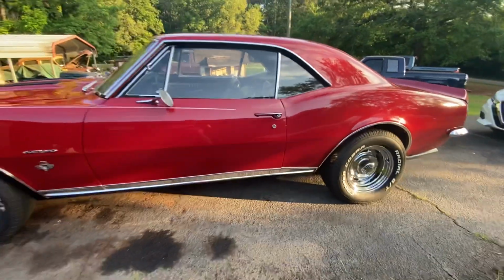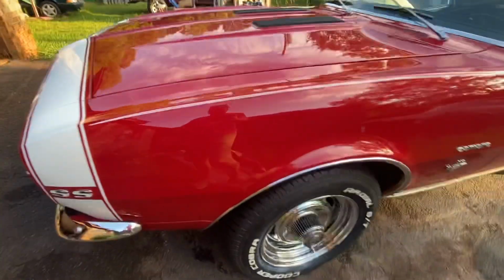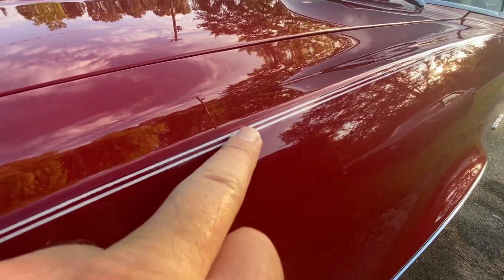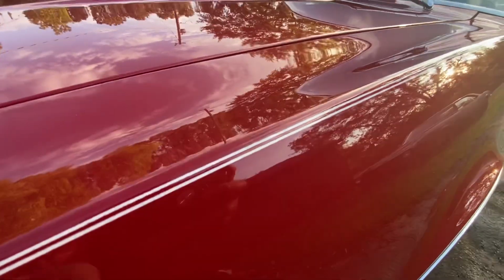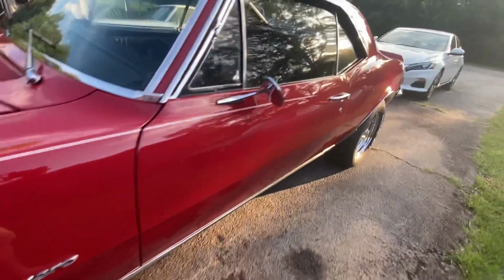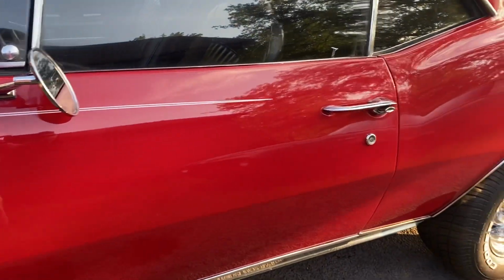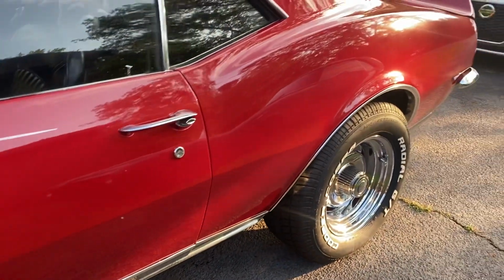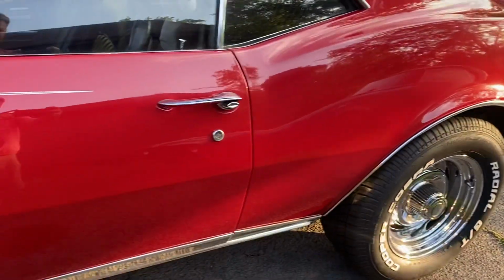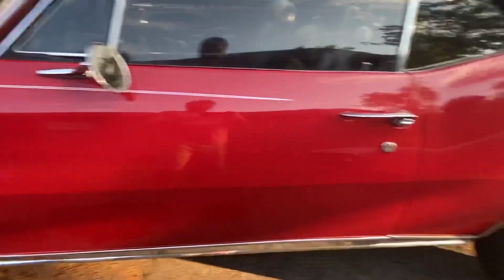This paint job here was done back in 1993. And you can't barely even feel the pinstripes that are painted on it. Only thing they messed up on is they stopped the stripe mid-door. The factory stripe came all the way to the back, looped up a little bit on the back fender, back quarter, but other than that,